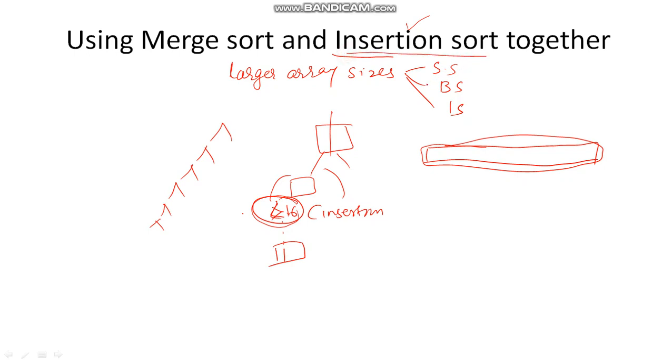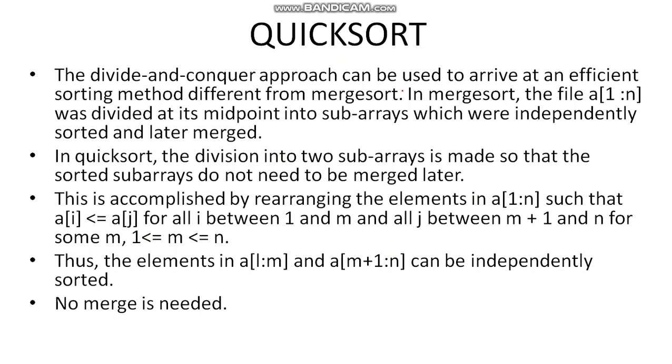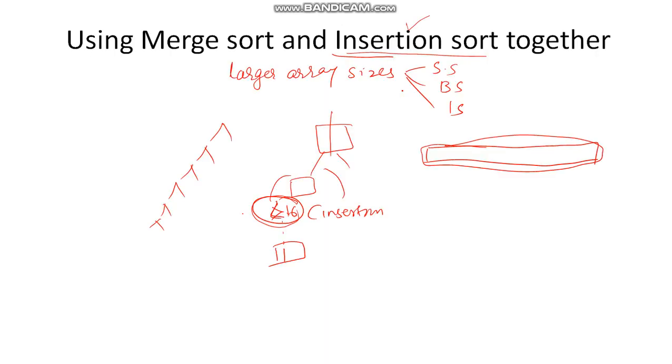Always remember, if anybody asks you which sorting algorithm you will apply to a problem wherein I want to sort the array where the input is nearly sorted, at that time the answer is always insertion sort. Insertion sort is the best solution for sorting an array which is nearly sorted, not exactly sorted. We don't know whether it is exactly sorted or not, but if we know that it is nearly sorted, insertion sort is the best solution. So this is about embedding insertion sort in merge sort.